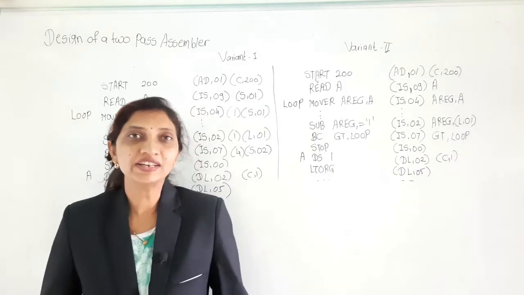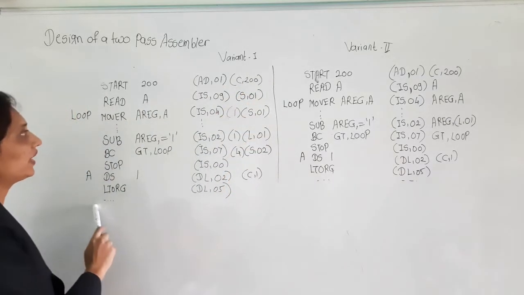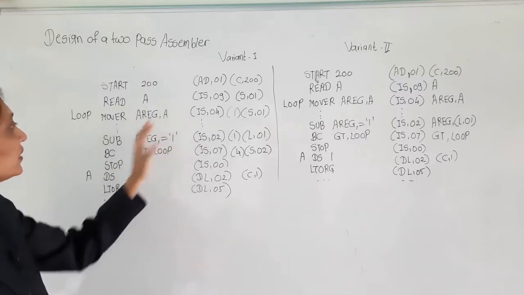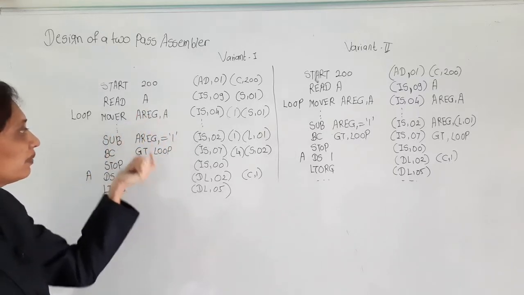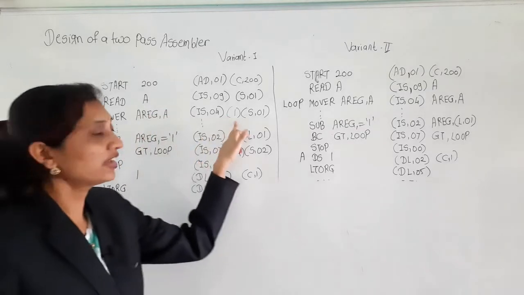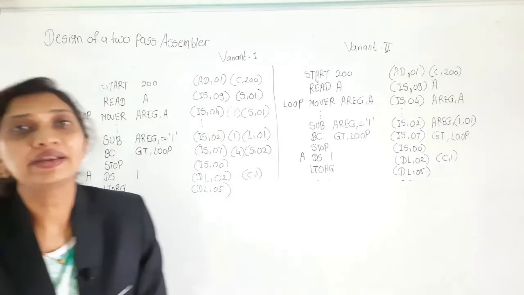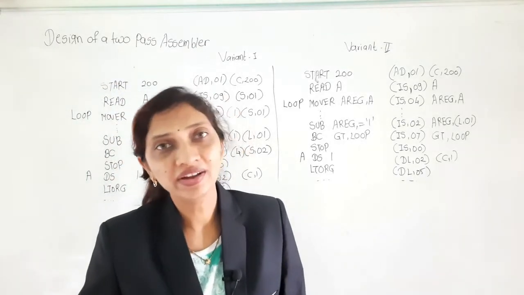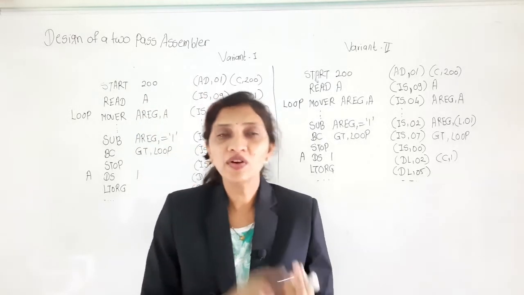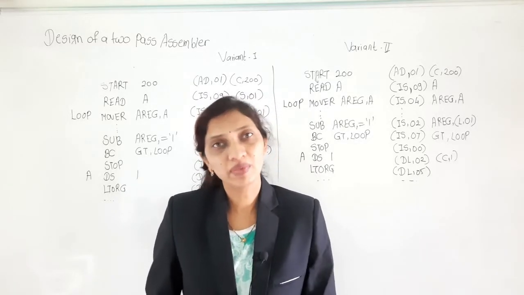So first we consider variant 1. This part shows the variant 1 intermediate code form. Here, firstly, A register, B register, C register and D register are represented by the values 1 to 4. As I said, the intermediate code variants differ by their operand field. There are two operands. The first operand is always a register and the second operand is always a memory address.